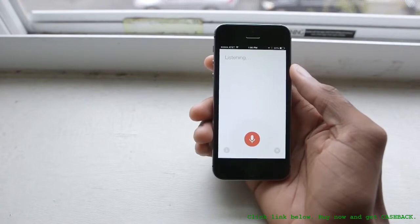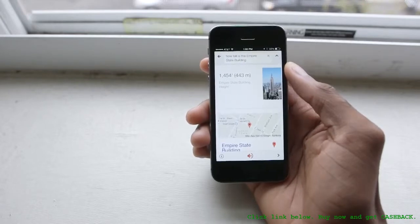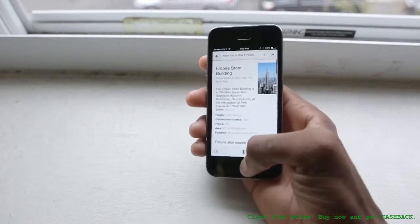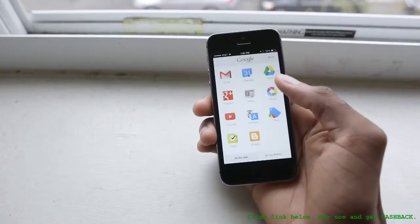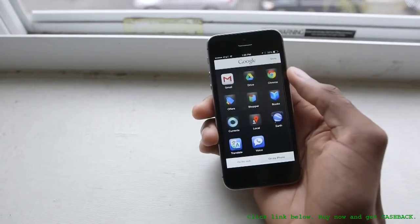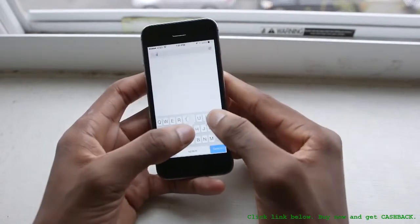Now, outside of this, of course, iOS is still a great choice for a lot of people, and that obviously won't change. I mean, 10 million people bought this phone the first weekend it was available, so it's clear that people love it and want it. As a Google service user with stuff like Gmail, Google Drive, Google Calendar, Tasks, etc., you can get most of the core stuff you need and get away with it from the App Store, so the situation is really not that bad at all. And then there are, of course, the few fringe benefits of the iPhone, like Touch ID, for example,